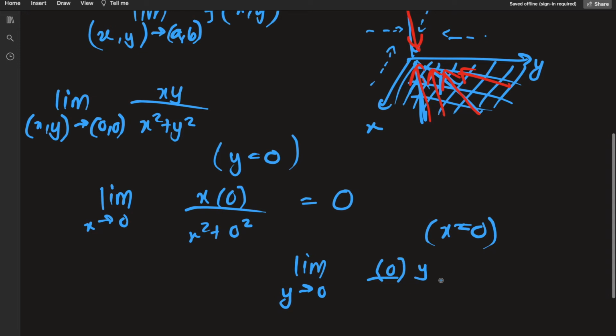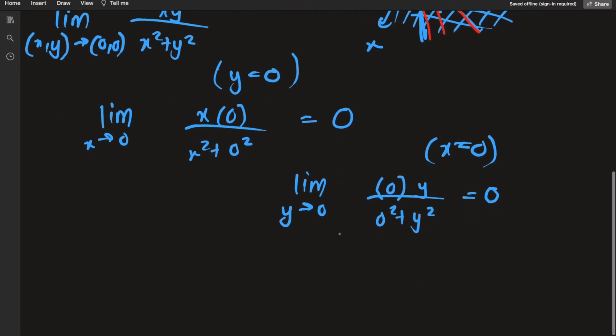0 times y over 0 squared plus y squared, which is again 0. So is the limit 0? Because both of these are equal, they're giving 0. But I would also like to point out you can approach